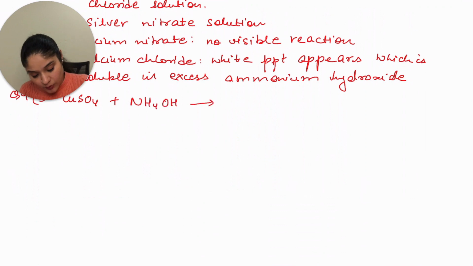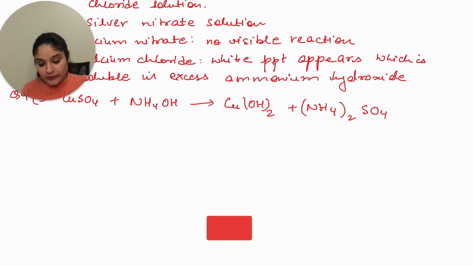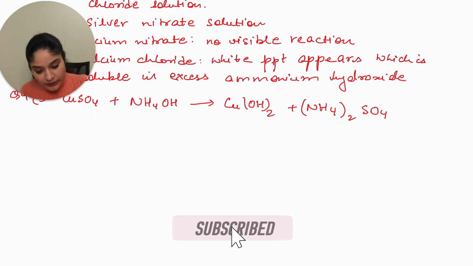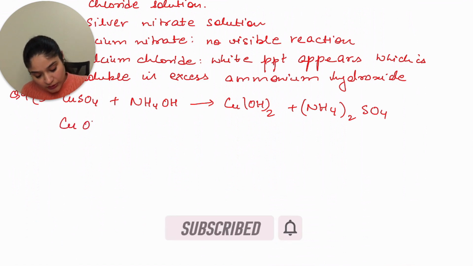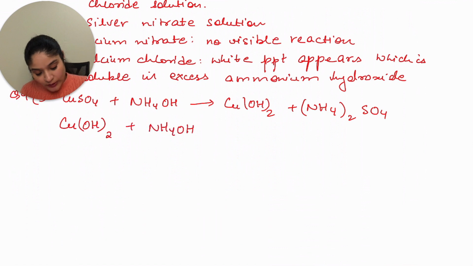So first in little, so you will get Cu(OH)2 plus (NH4)2SO4, and then in excess, so you will be putting this again here. So Cu(OH)2 plus NH4OH, and now this is the big compound that a lot of students are very scared of. So you have Cu(NH3)